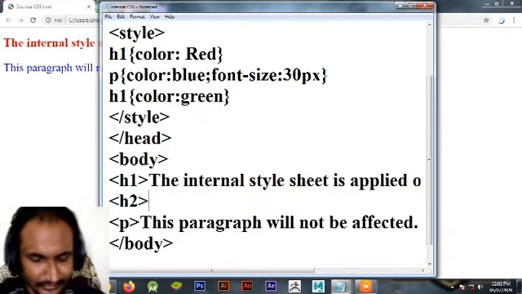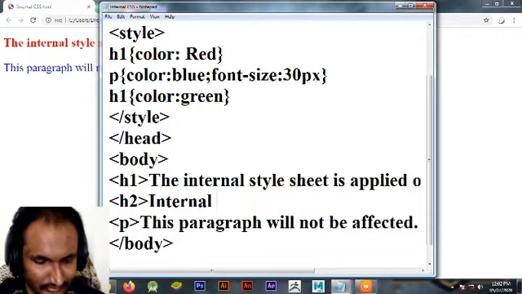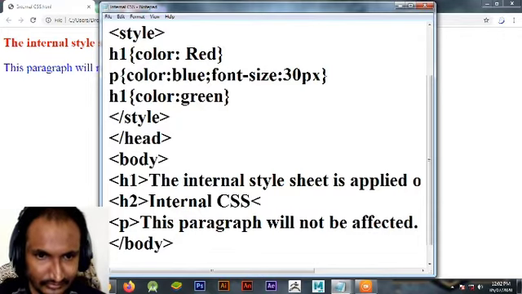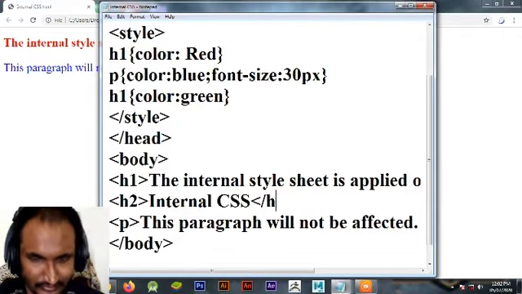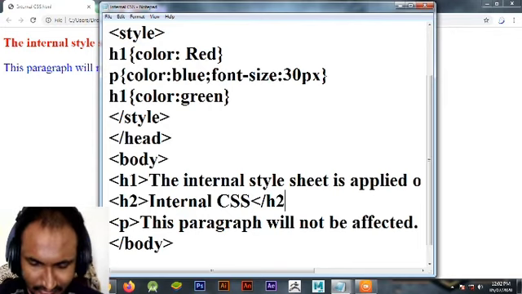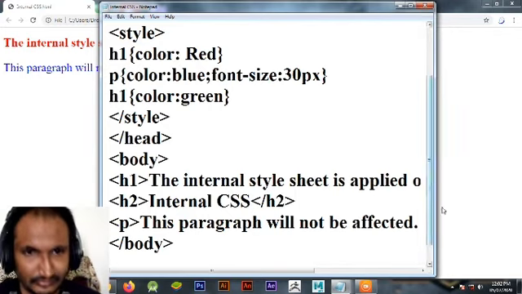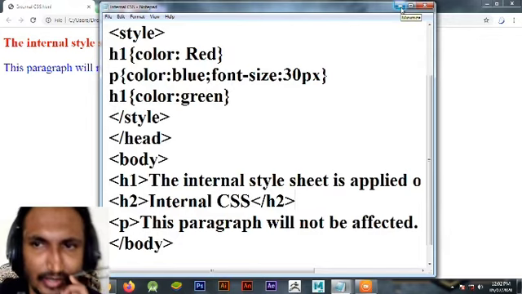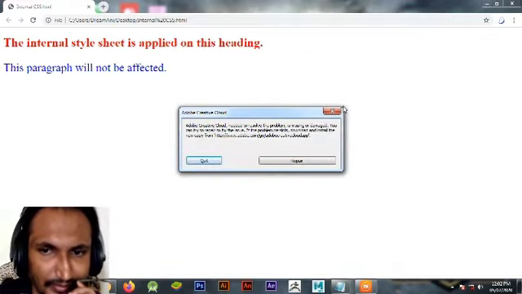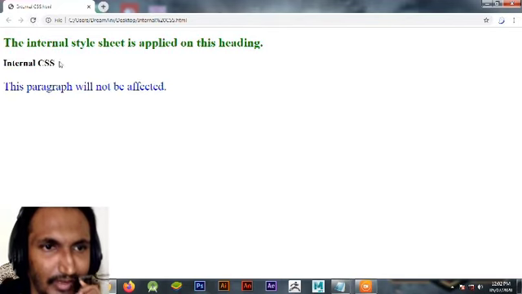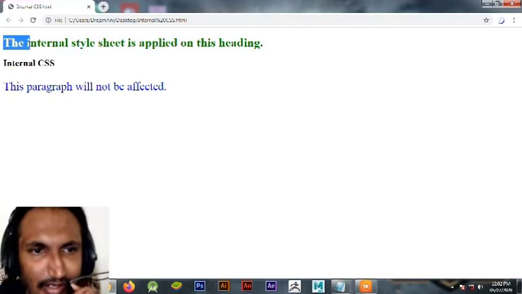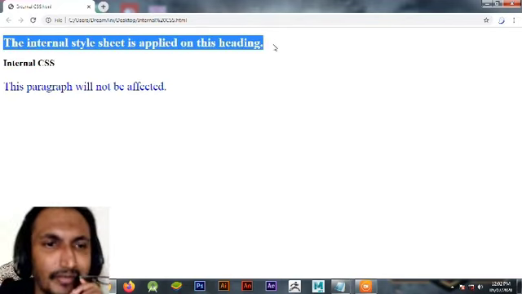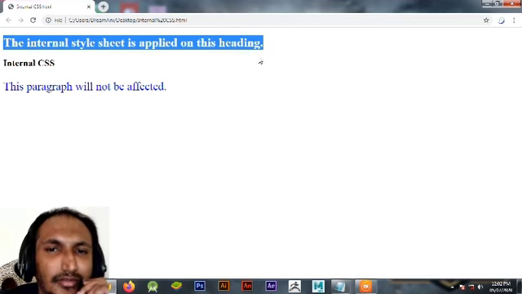Let's refresh this, then the color of the h2 tag will be green.